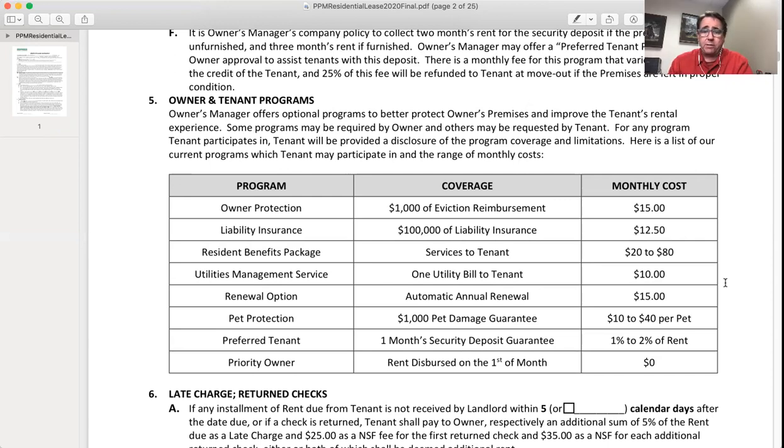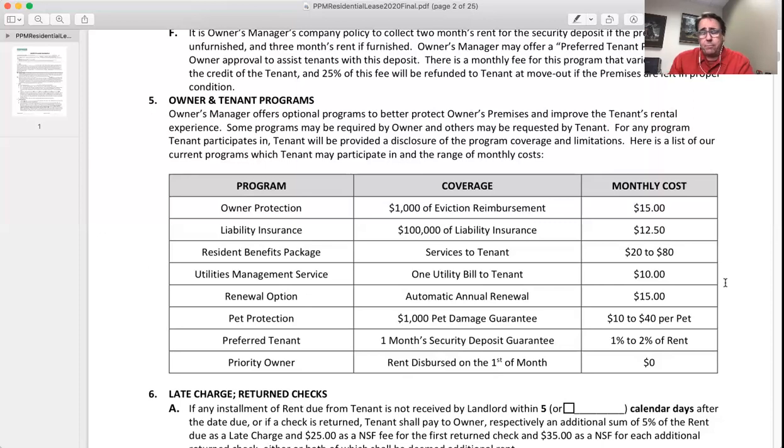The utility maintenance management service, we'll go into some detail later. Once again, that's a program where we keep the utilities in our name. When you move in, we send you a monthly utility bill for all utilities, water, gas, electric, whatever it might be. And then at the end of the year, if we're under, you owe us some money. If we're over, we send you money, and we true up that bill. It's a way for you not to have to put the utilities in your name. Sometimes there's a cost involved or a credit check. We keep it in our name.